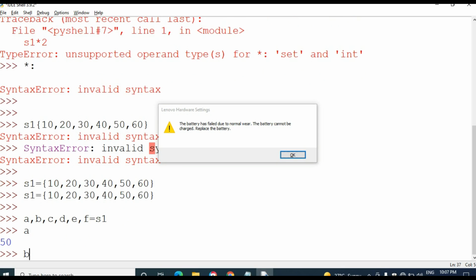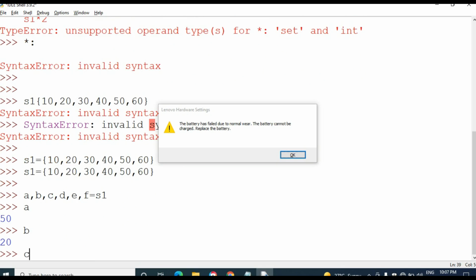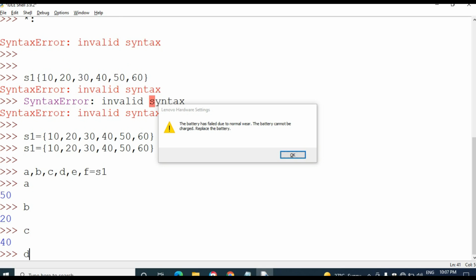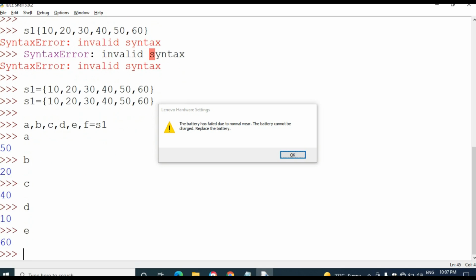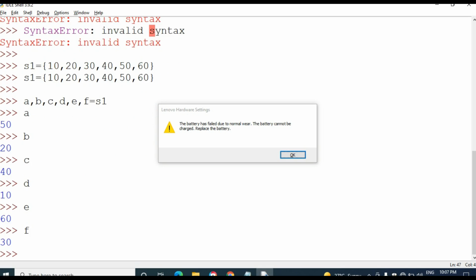So I want to get the value of A, the value of B, C, D, E, F. Okay, we have unpacked the set 1 elements.